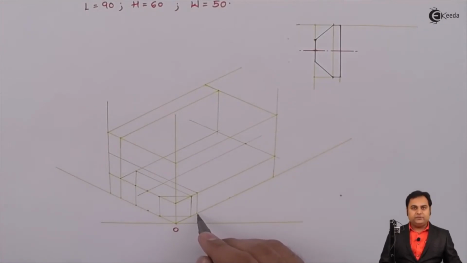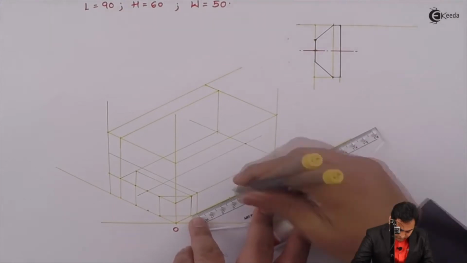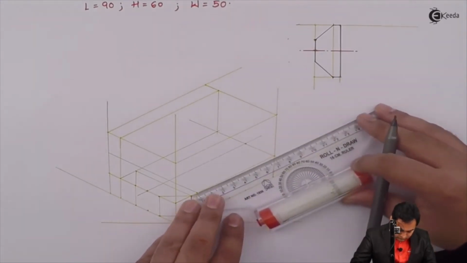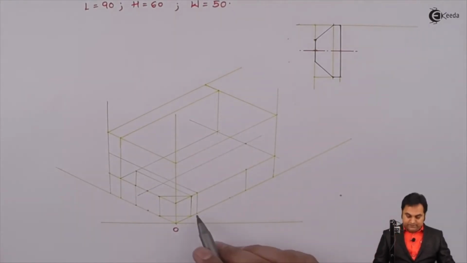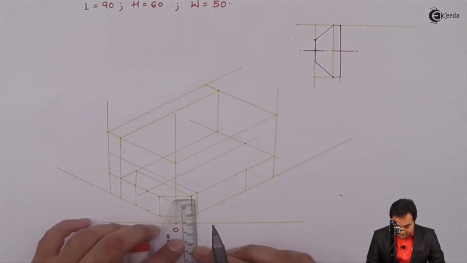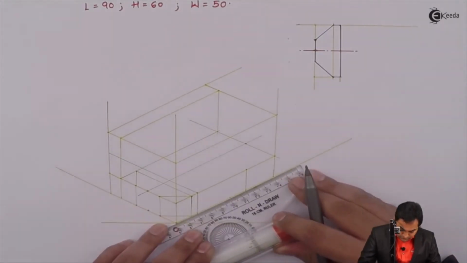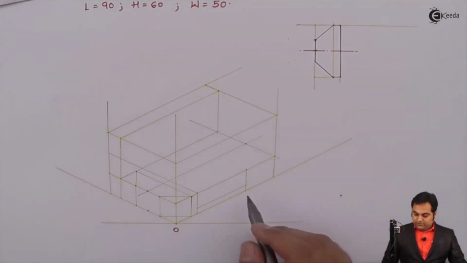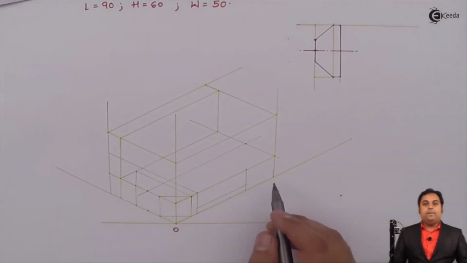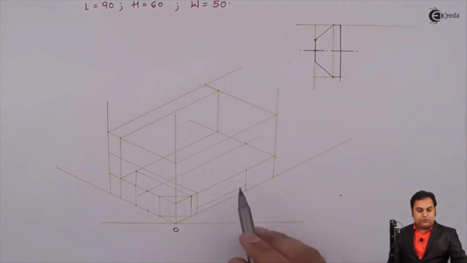So once I have taken 20, next I'll take 45 mm, getting a light line. Next, the gap is of 5 mm height, so I am projecting 5 mm. Next, the remaining length is of 25 mm, and here, once I have completed up till this bottom plate, next